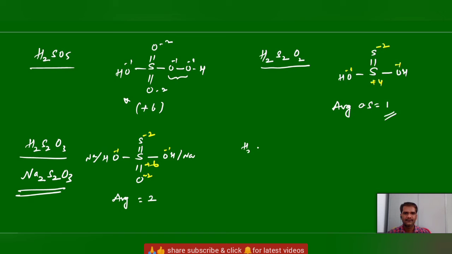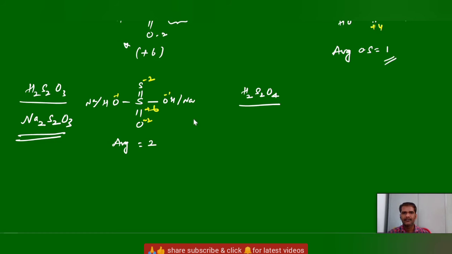Next structure, H2S2O4, dithionous acid. Again we have the sulfur-sulfur linkage here, double bond O, this is OH and this is OH. Sometimes they'll ask the question, out of the given oxy acids, which are having S-S linkage, or which are having S-O-S linkage, or which are having peroxide linkage. These types of questions we can expect. Here again, each sulfur can carry one lone pair.